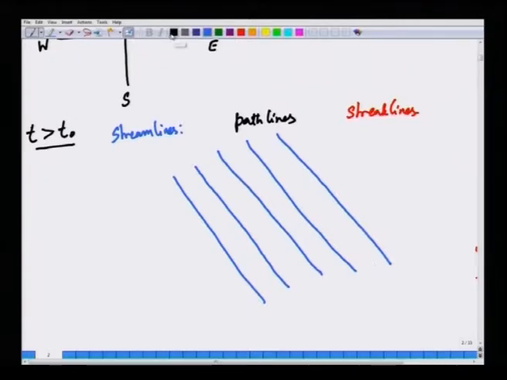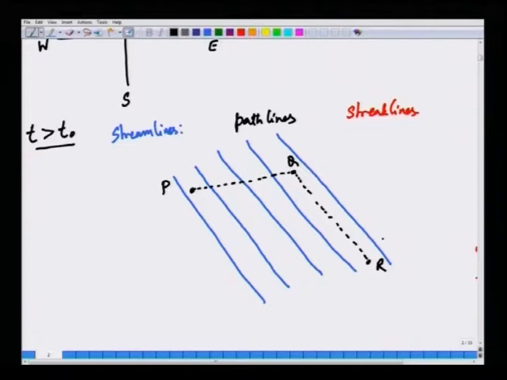Suppose let us look at path line. The path line of a particle, a puff of smoke let us say, that was introduced at a point P would undergo a straight motion from t equals 0 to t equals t naught. After that, the wind will start blowing in this direction, so it will take the route Q R.